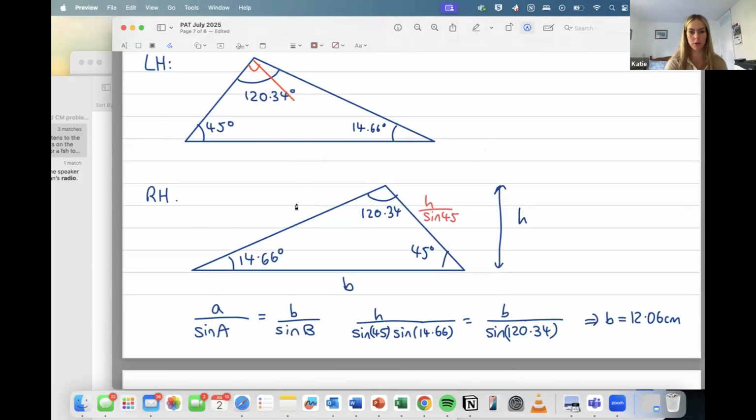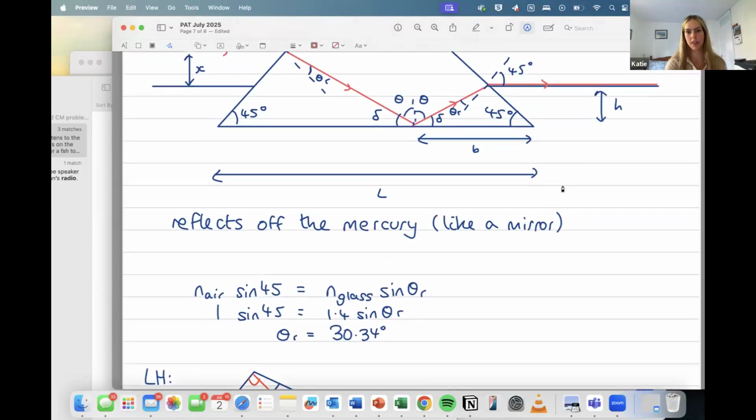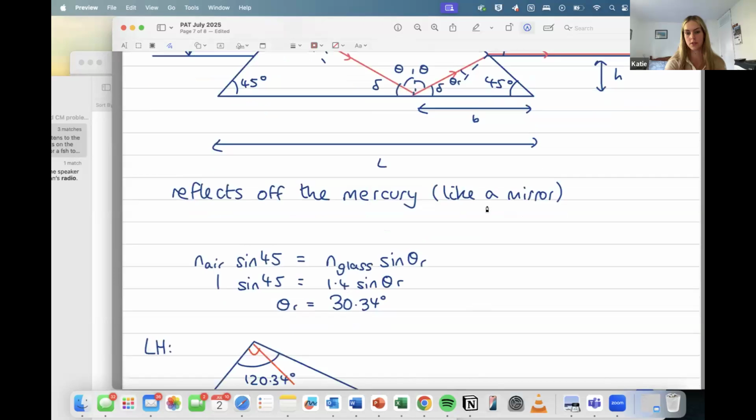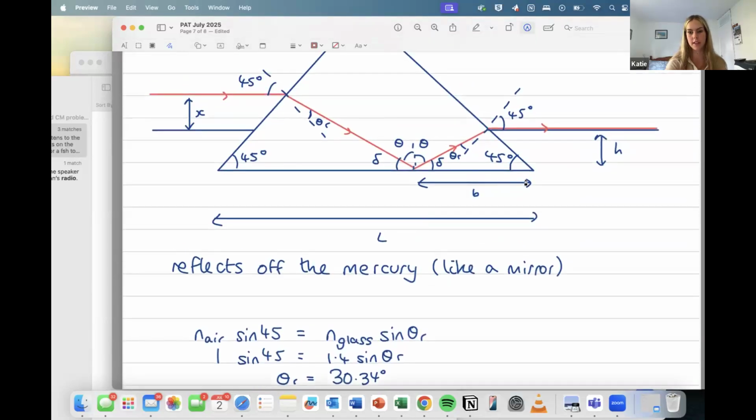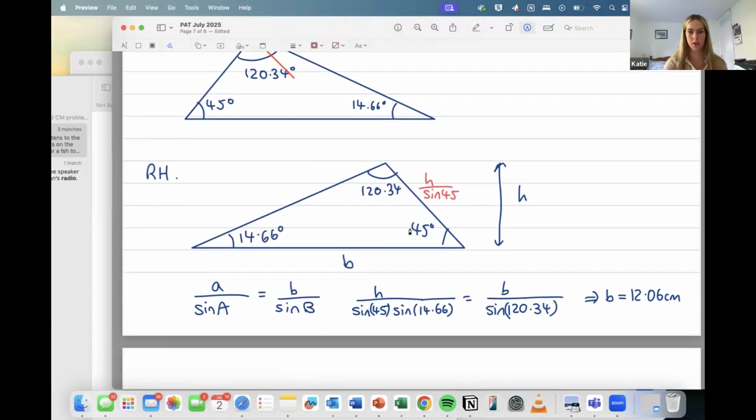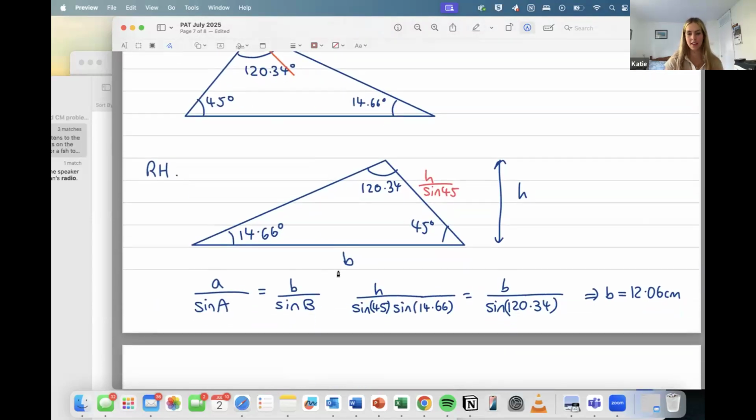So again, it's all the same angles, but different heights. So we're going to say that it comes off at height h, since we want the extreme case. We're going to say that this is height h. And I'm going to call this point that it reflects off to this corner point B, and we're going to solve for it and use it eventually to get x. So now I'm going to try and work out what B is. So I can label this side length from this corner to this corner as h over sine 45. That's just using this triangle.